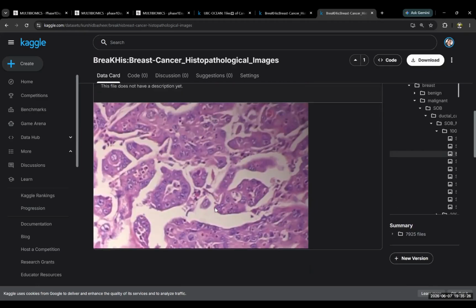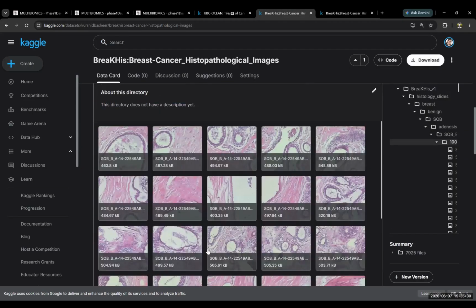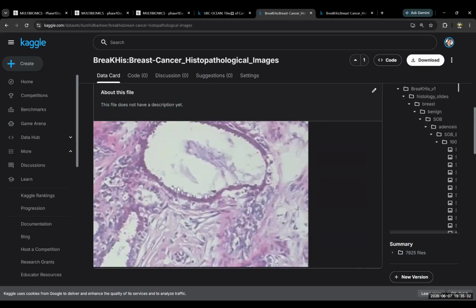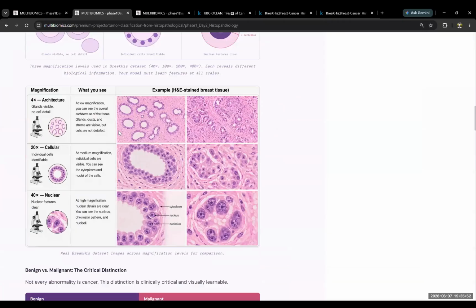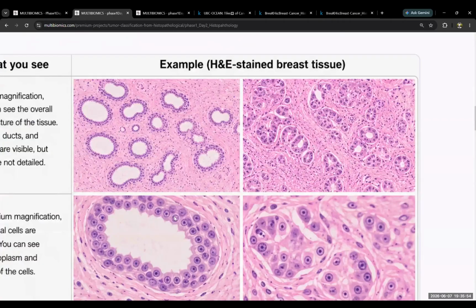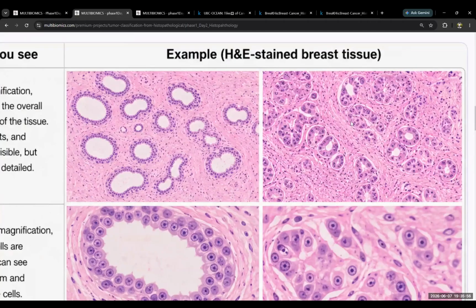You have to train your eyes first, okay? Let me show you this one. Here you see the glands, how they are. Look at the pink and the purple texture, please. Yesterday I taught you, that means you are not revising. I taught you the more the blue or the purple stain, that means that's more dense. We don't want to look at the dense areas.